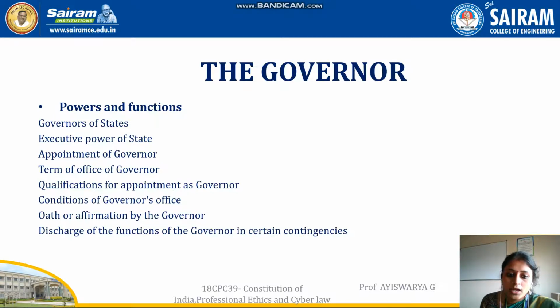There are other provisions for ministers too. The chief minister will be appointed by the governor only, and other ministers also will be appointed by the governor only, on the advice of the chief minister. Before a minister enters upon his office, the governor shall be the administrator of the office. This comes under Article 164, and Article 163 is also there.